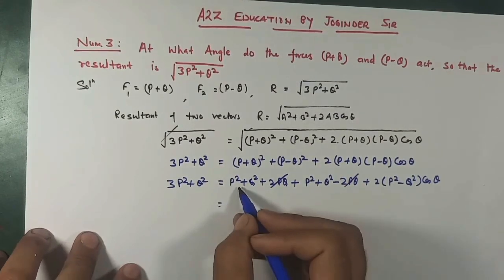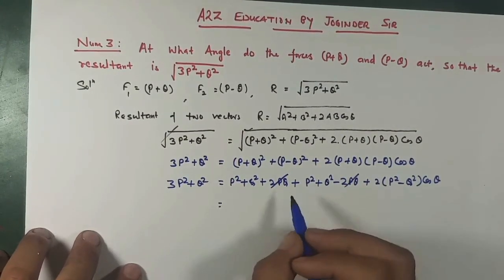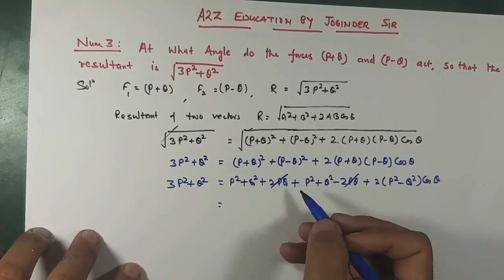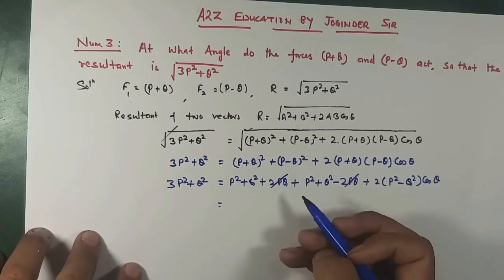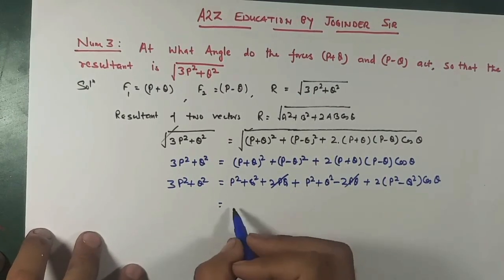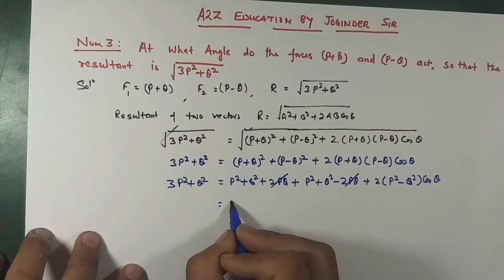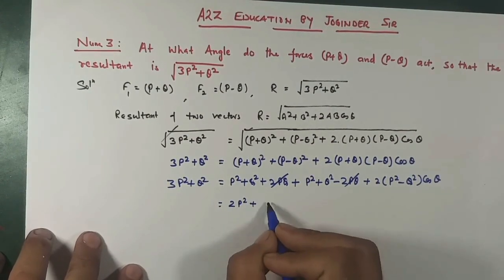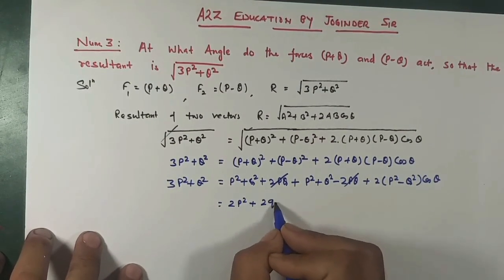So here becomes P square plus Q square, means 2P square plus 2Q square, right? So we can put it as 2P square plus 2Q square